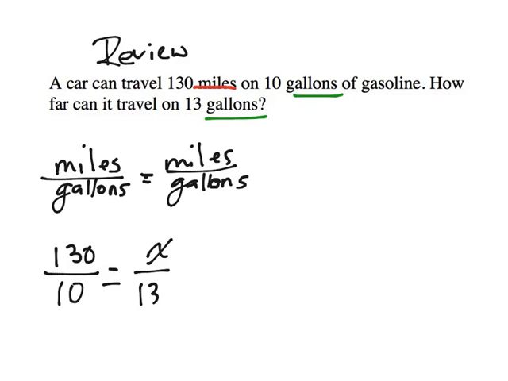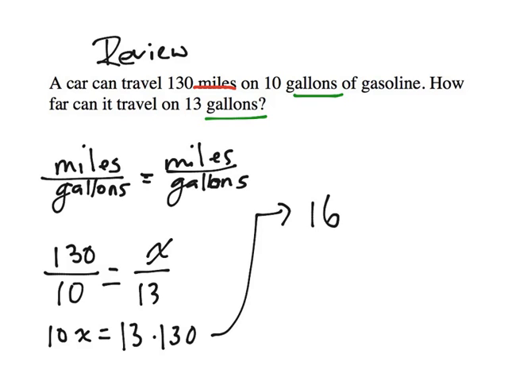We're going to cross multiply, and we'll get 10x equals 13 times 130, and 13 times 130 is 1,690, and that equals 10x. Okay, now we'll divide both sides by 10, and we get x equals